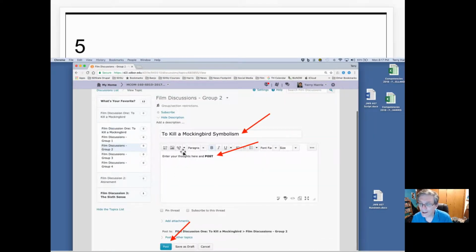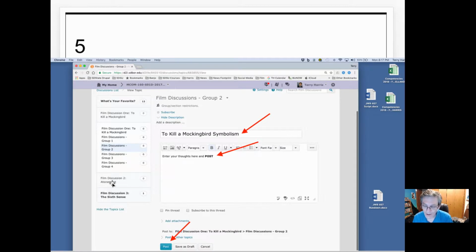Then when you bring that up, you can label your post any way you want to. Give it a title, like symbolism or culture or whatever. And then you write your post in this area and try to use film terms, try to relate it to a specific moment that will help explain why you thought the message or the symbolism or the culture was a specific thing, and that will give it strength. Someone may be saying something else to you that you go, oh, that's cool. I like that, and it works with my idea, so I'm going to mix those up when I write my paper.